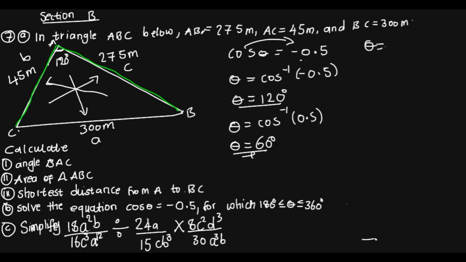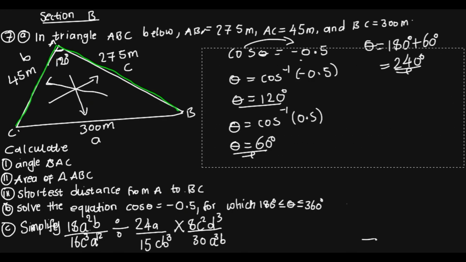So our final answer is 180 plus 60. We can see that we have 240. 240 is from the third quadrant. So this is how you can find the answer. Okay, so now let's move on to question